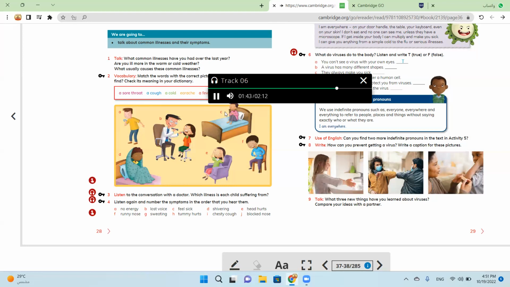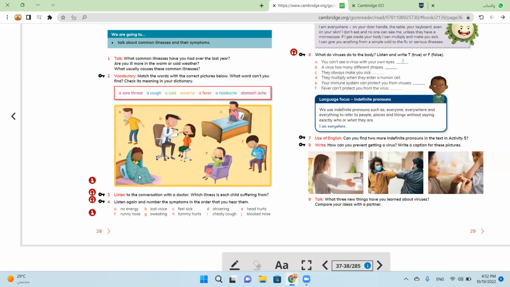Hello, Jess. What's wrong? Well, I keep sneezing all the time and I've got earache too. Have you been coughing? Yes, I've got a chesty cough and I feel dizzy and I've got a very blocked nose. OK, you are dizzy because of the earache and you've got a cold. You need to keep warm, rest and drink lots of water. I'll give you some medicine for the earache.